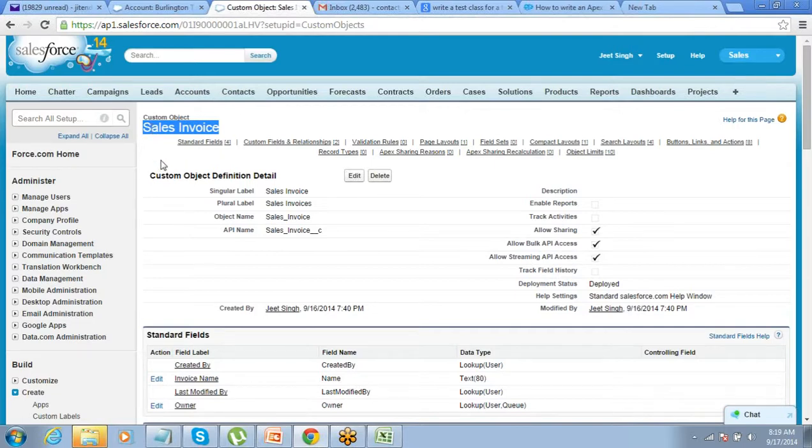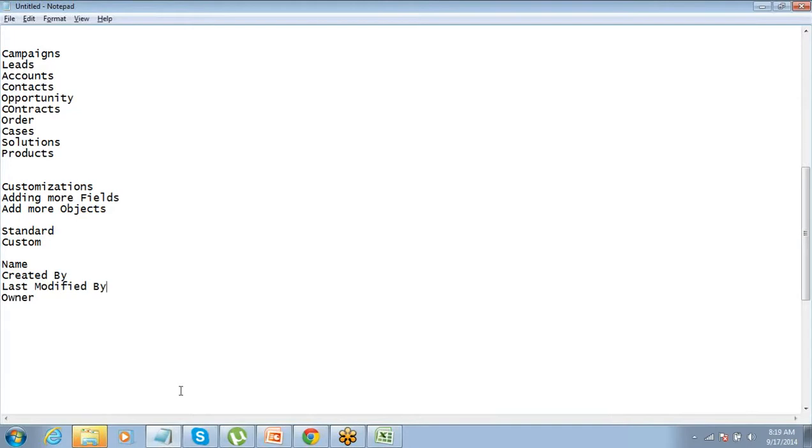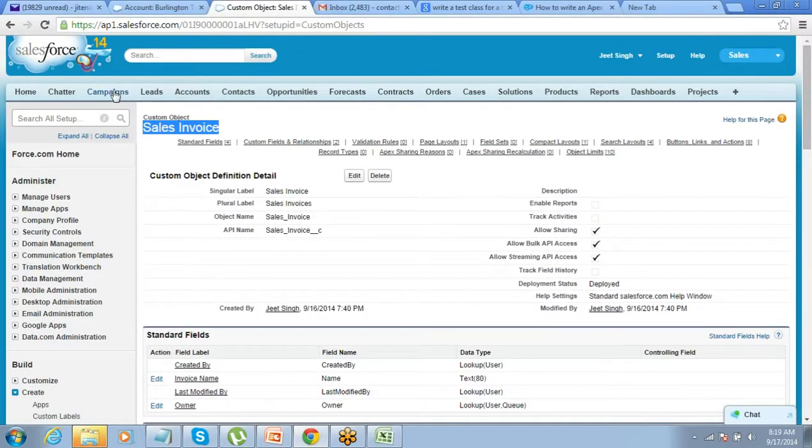The tab. Got it? There is a big confusion that I see a lot of people have between the tab and an object. They start feeling that the tab that we see and the object are the same. No. Tab is front end, which allows us to interact with the object which is there in the backend.